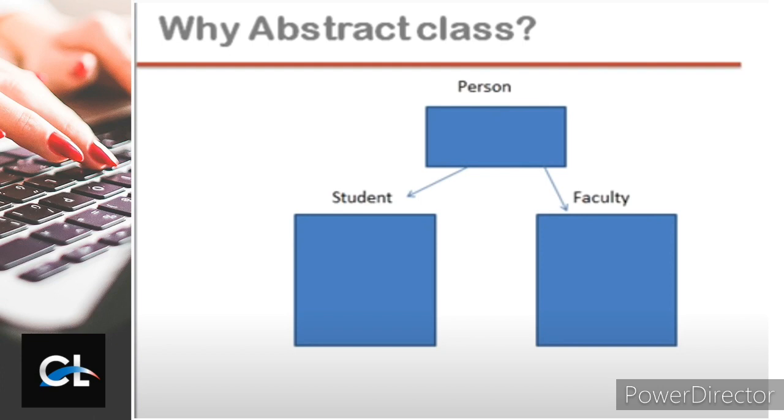What facilities will we get from there? In student, if I separately do the same things like name, age, or email ID, or phone number option, these are the common options. That means the variable is common. Maybe data is different, but the variable is common.